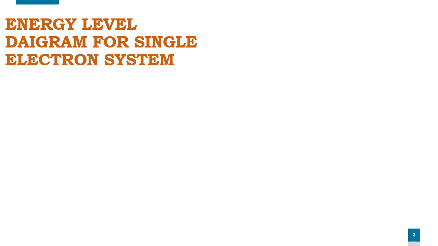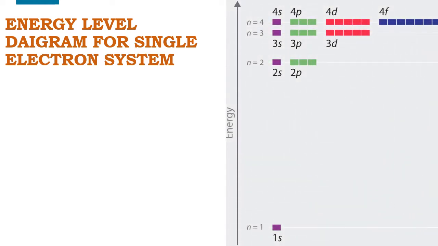Now, the energy level diagram for single electron system. This is the diagram which tells us that 1s is at the bottom. It is the atomic orbital having the least energy because it is the closest to the nucleus. In the case of hydrogen, there is only one electron in this, so it is 1s1 for hydrogen. Suddenly a gap is there because yesterday we were discussing the nodal surface. So afterwards we'll go to the 2s and 2p.